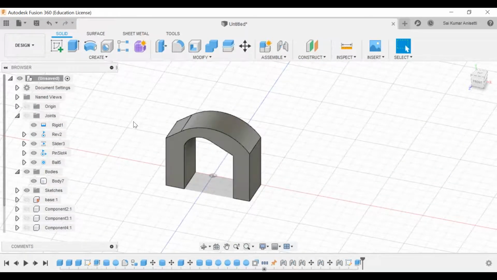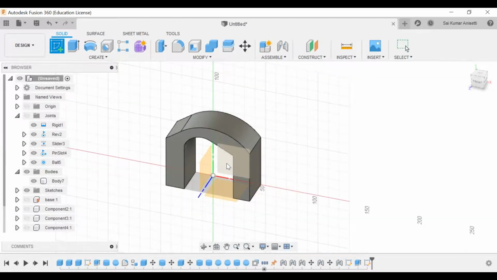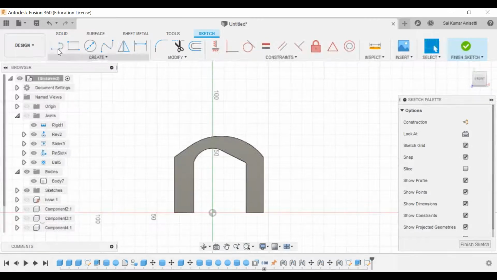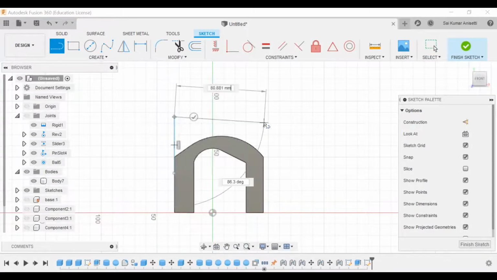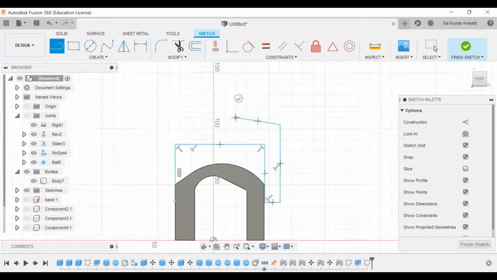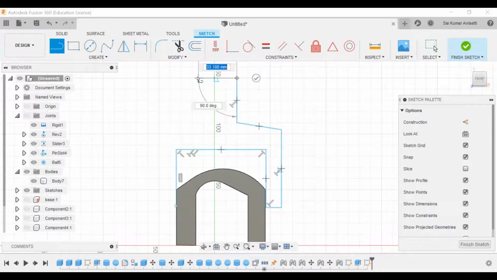And what I'll do is create another sketch exactly on top of this. Some random sketch I'm doing, it's not a precise one.